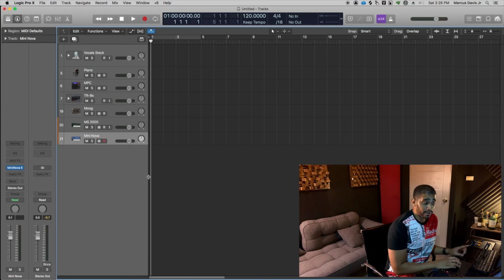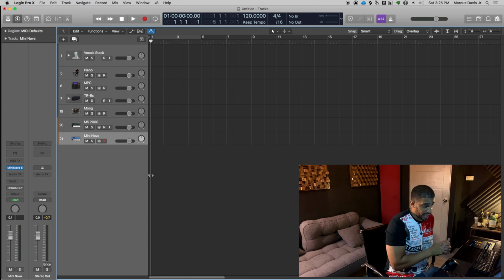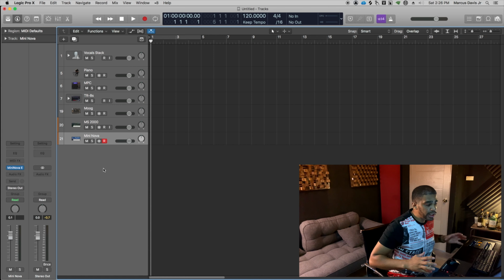And but also, much like the Moog, needs to be recorded in analog. So what I do is I record the MIDI information on the MIDI channel. Once I have the arrangement how I want it, I create a new audio track underneath it. I route that audio track to recognize wherever I've plugged in my Mini Nova, and then I record. So yeah, that's pretty much my production setup that allows me to fluidly work with all of my external gear,